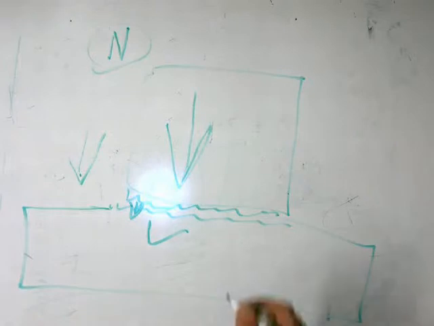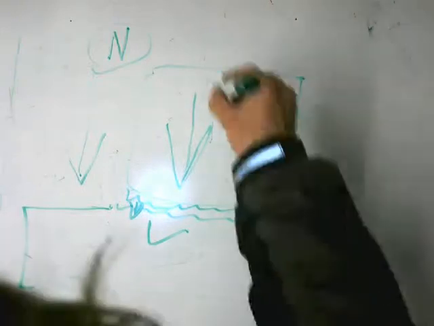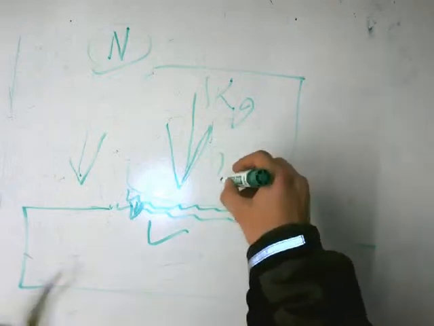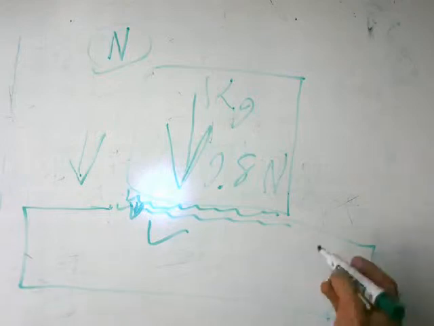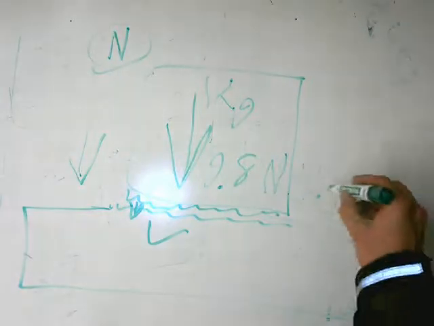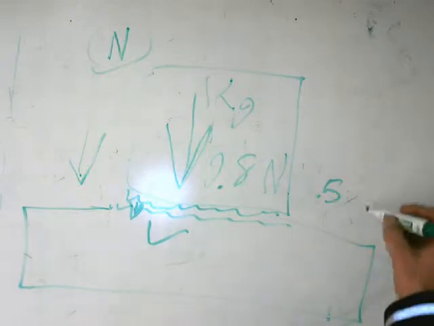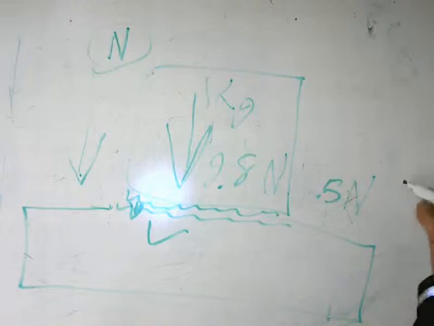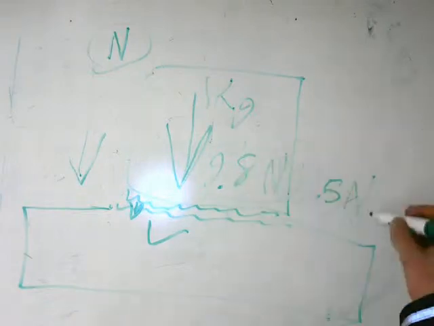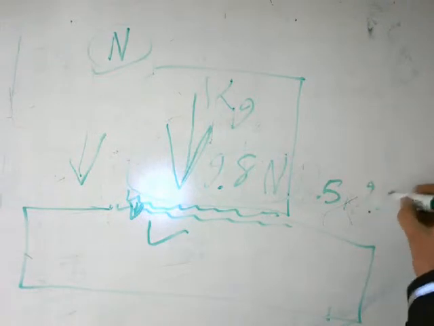So, say we have gravity, so this is 1 kilogram, so that would be 9.8 newtons. To make things easy, let's say that our coefficient of friction is going to be 0.5. So by that token, the force of friction is going to be 0.5 times the normal. The normal in this case is 9.8 newtons. So we have 0.5 times 9.8 equals